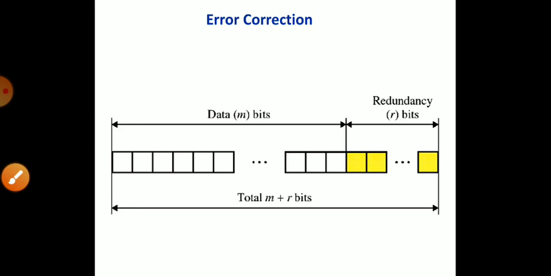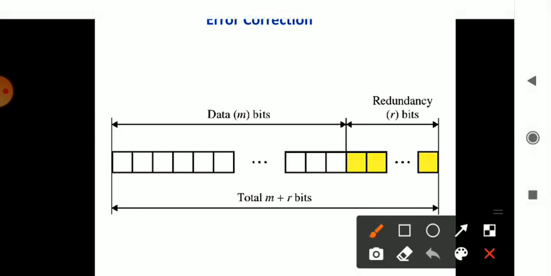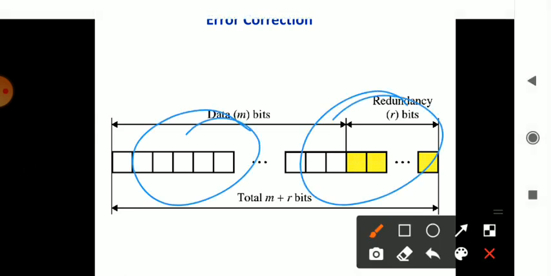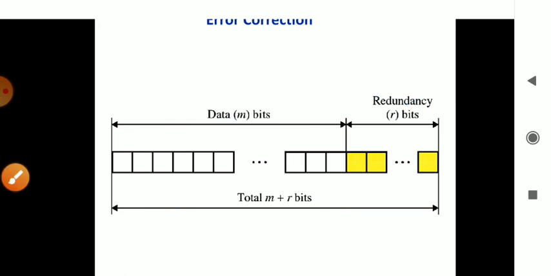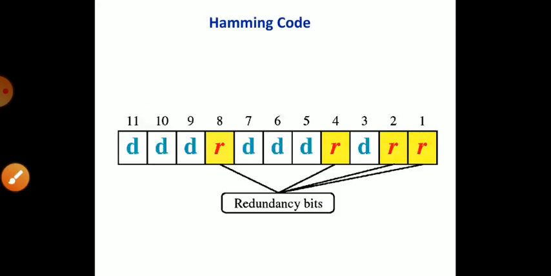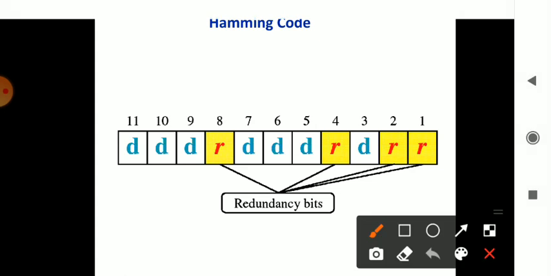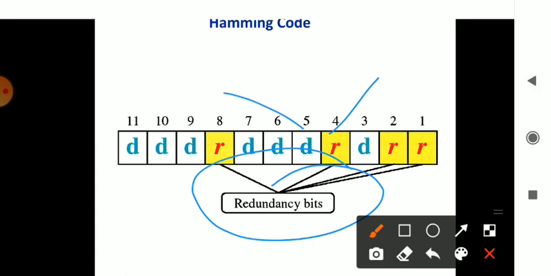Whenever it is being checked, remember it will use the data bits plus the redundancy bits for checking the error. So Hamming code is one of the techniques which uses this concept. Here, if you consider the bits, 9 bits are there. In that 9 bits, you have 4 parity bits. It may be represented like that. R is the parity or redundancy bits, and these are the message bits which you sent. So when I am checking the error, I have to use those parity bits and check the element.